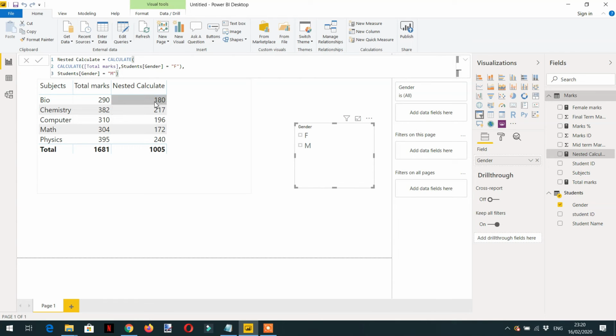So here you can see these values have not been changed. Like if I select female, you will see both values are same. If I change this value to male and the external calculate to female,